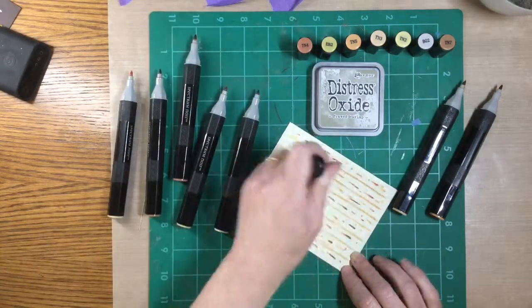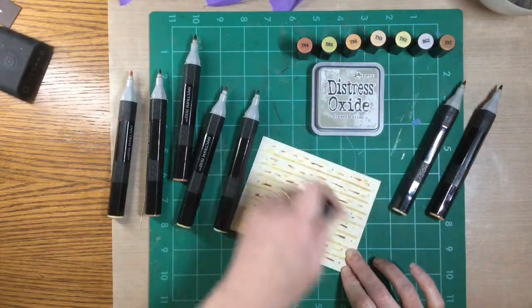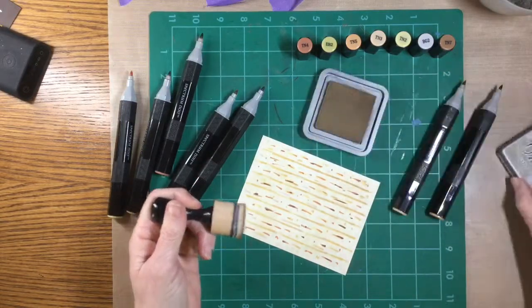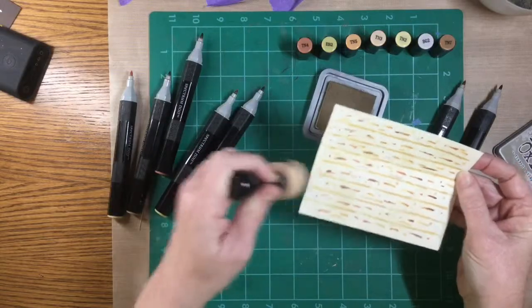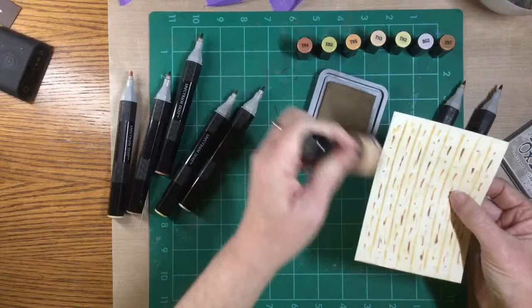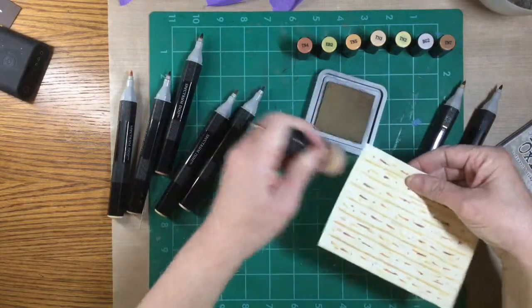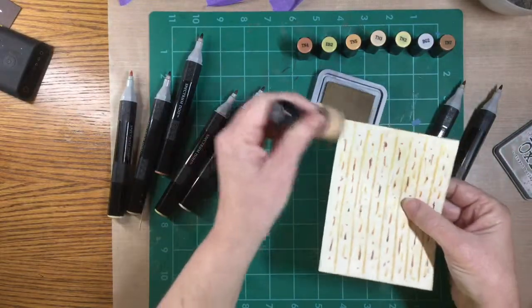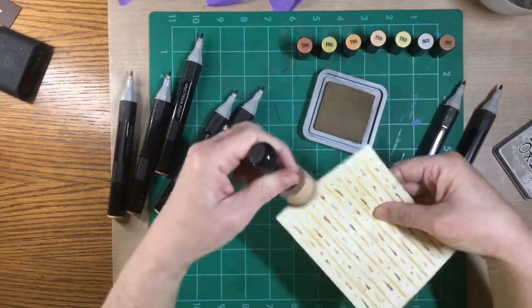Then I went in with the frayed burlap, and I already had some on my sponge, so I just kind of lightly went over that just to get rid of some of the excess on there. And then I got a little bit heavier and did the edges around all four edges, to give it that little darker edge. I tried walnut on another one and it was too dark. So here I just tried the frayed burlap, and it was just